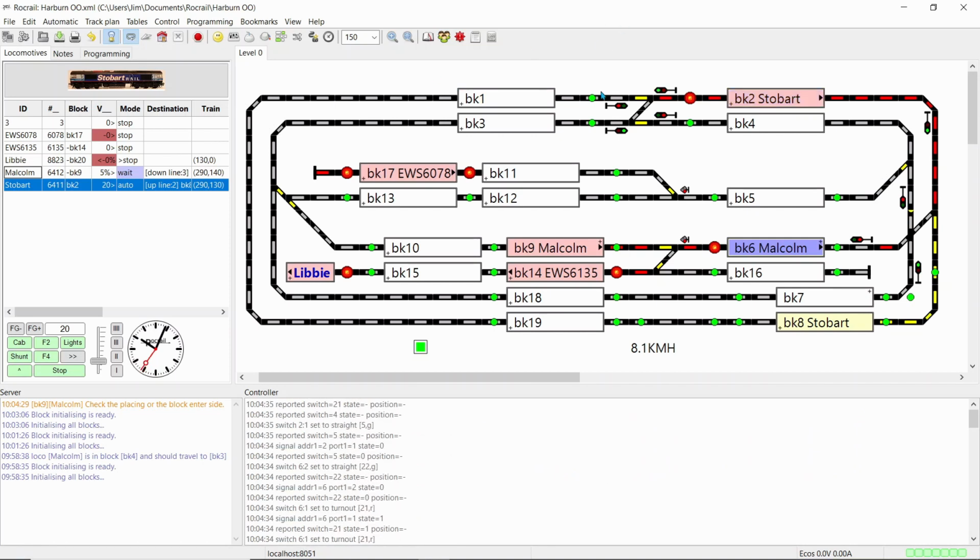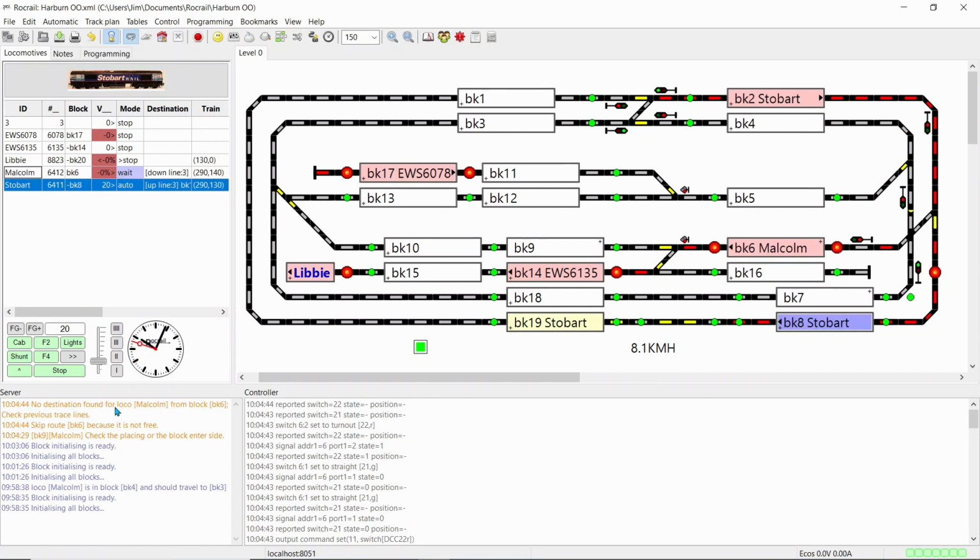And now, if the locomotive wants to go from block 6 to block 2 and it is occupied, there's no destination for it. Check previous trace. So it won't move in there until it's free, which is done now.